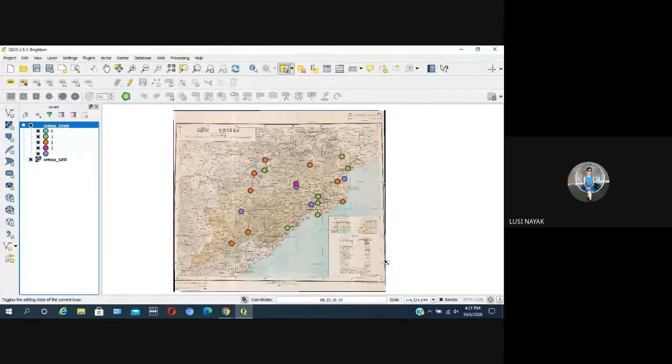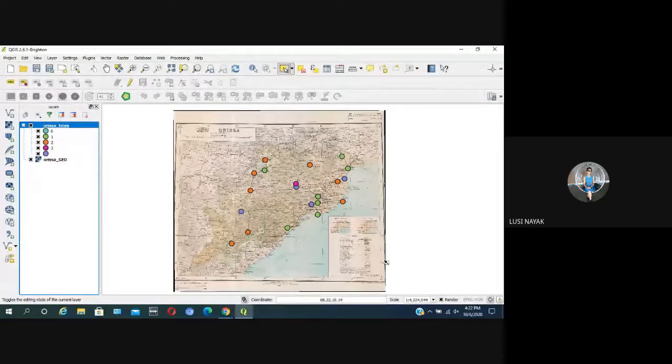It is an assignment today, you will practice and make it. Tomorrow we will see the thematic mapping. It means the class 1, class 2, class 3 towns will be the same color. Class 1 will be a larger circle, class 2 a medium circle, class 3 a smaller circle. Based on the class, the size of the circle will be there.